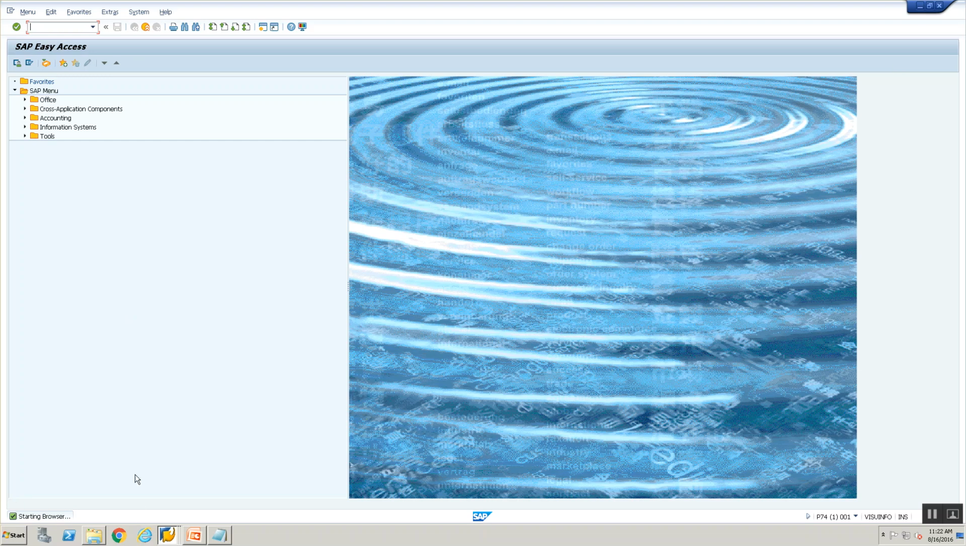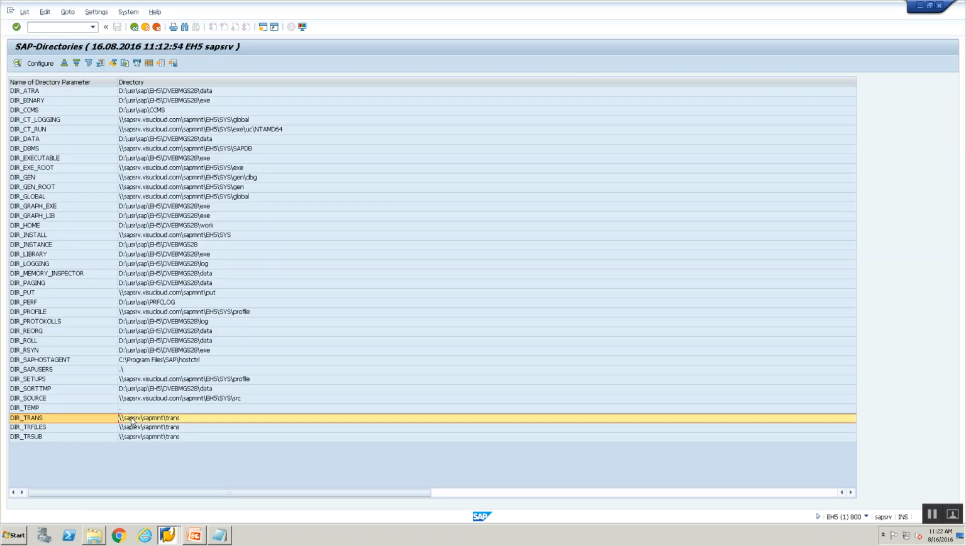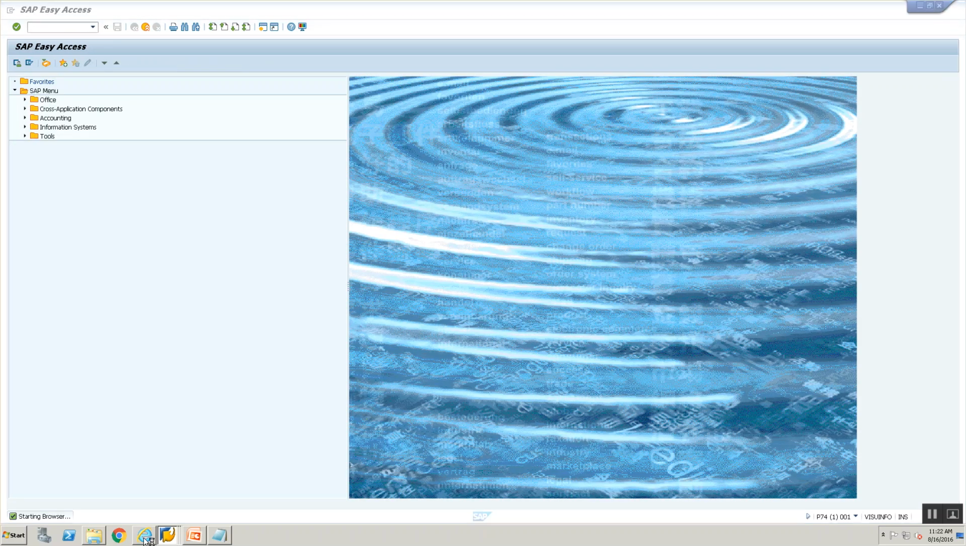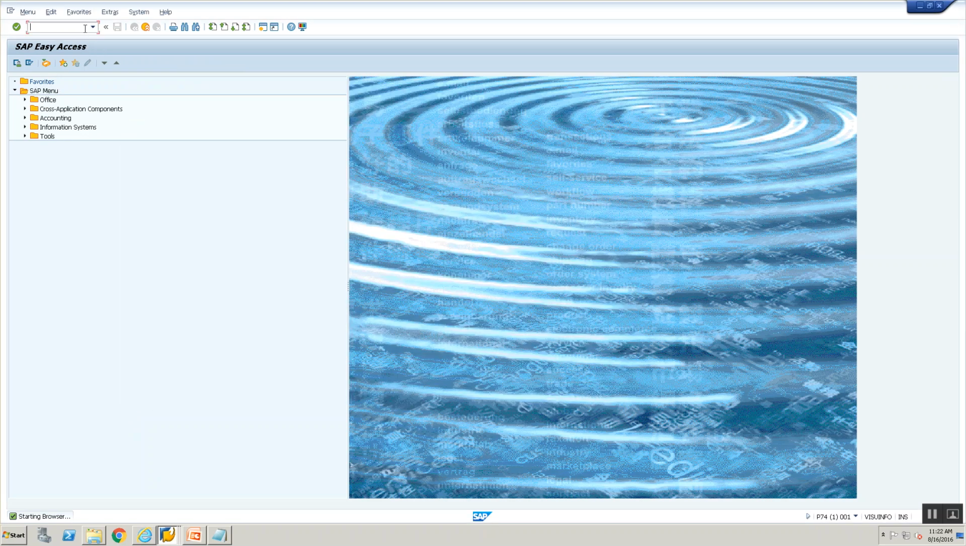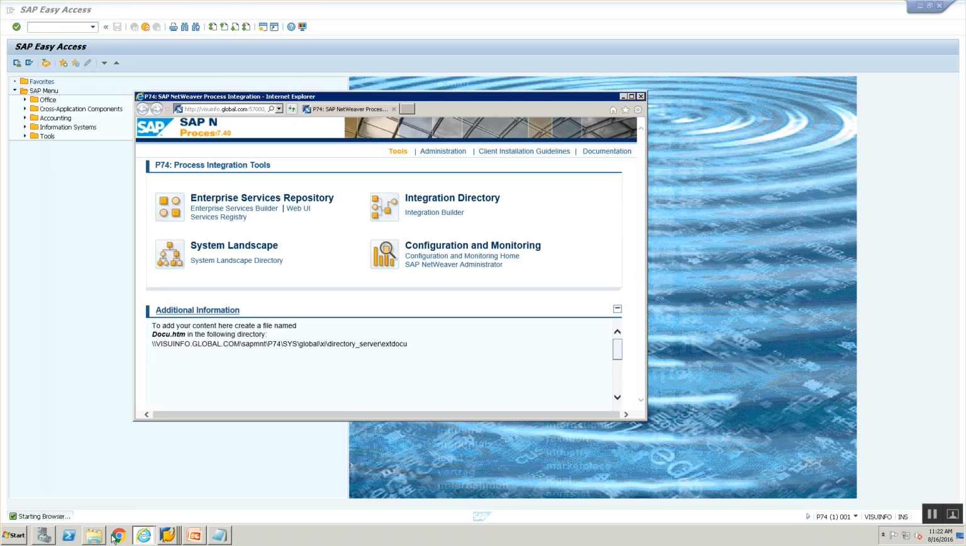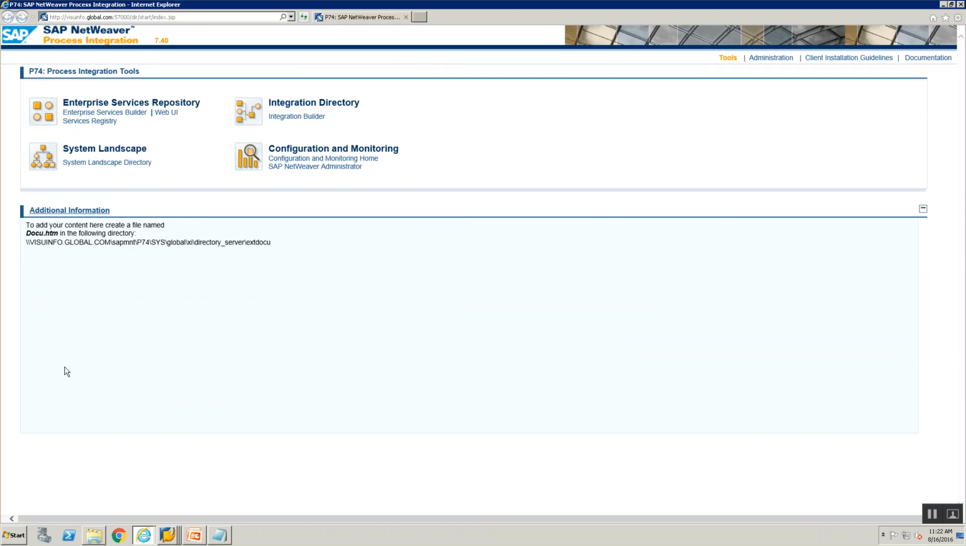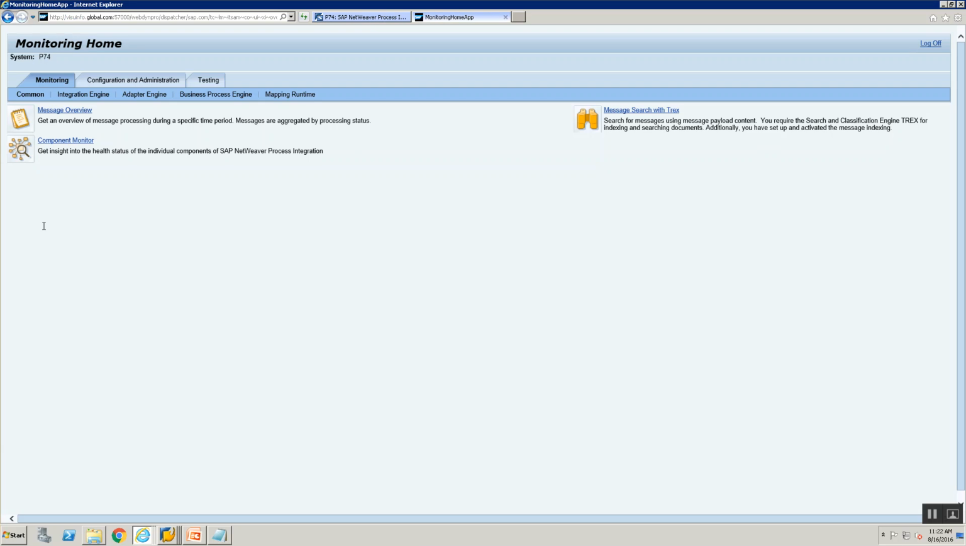Oops, there seems to be a problem. Let's execute it one more time. Awesome. So I've executed SXMB_IFR, and now let's go to the configuration and monitoring home. Within the configuration and monitoring home, you see multiple tabs here: common, integration engine,